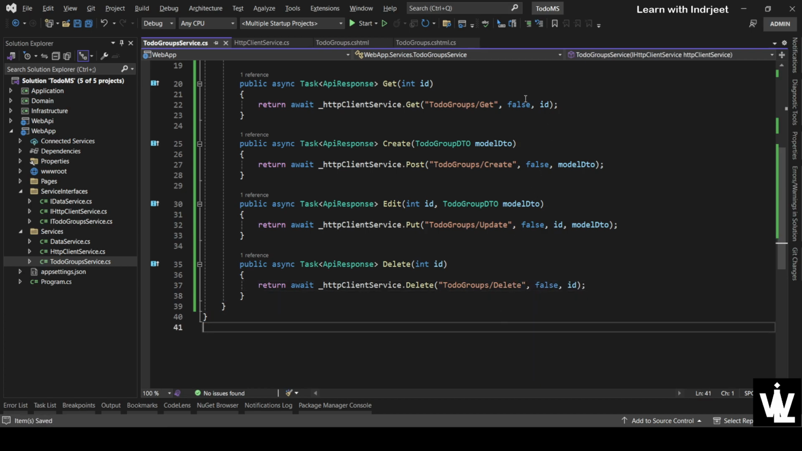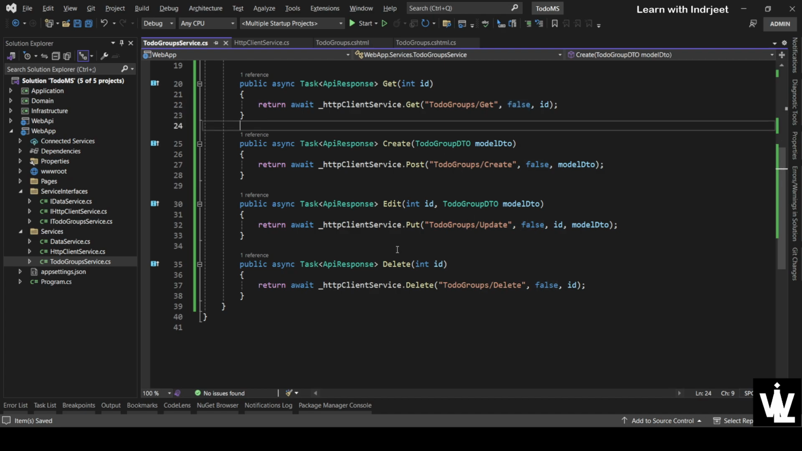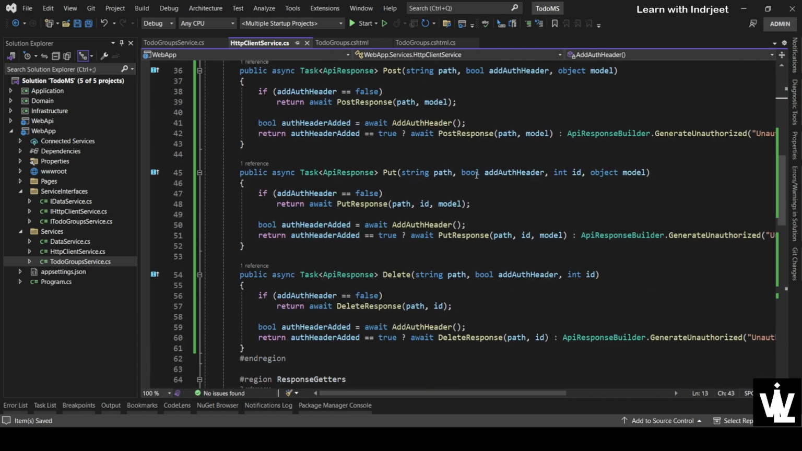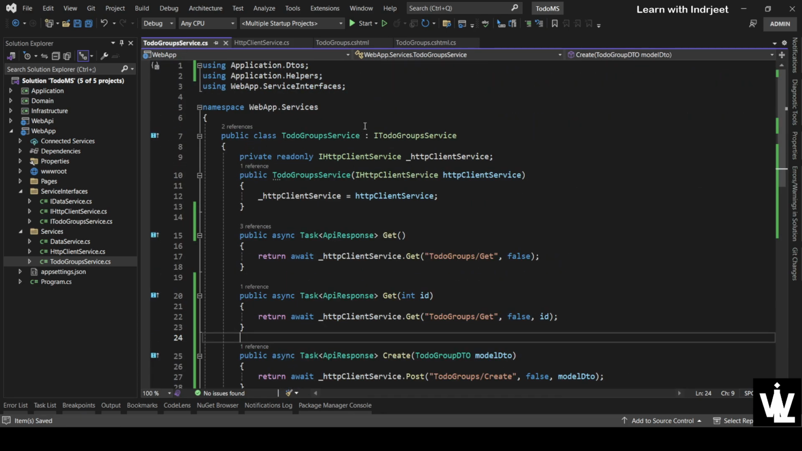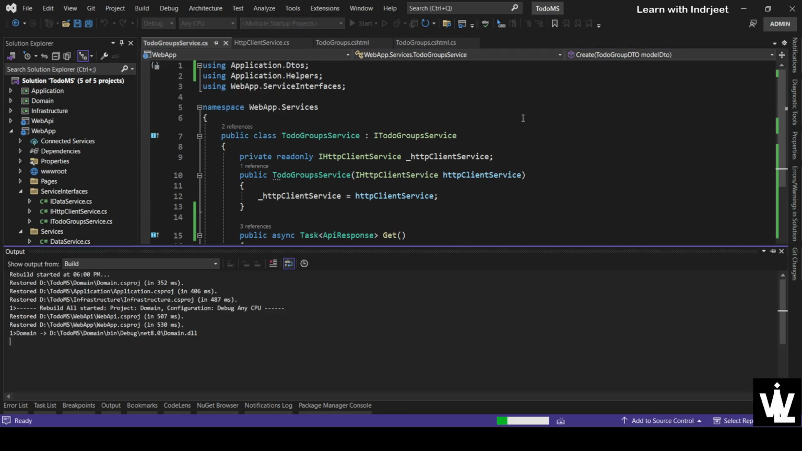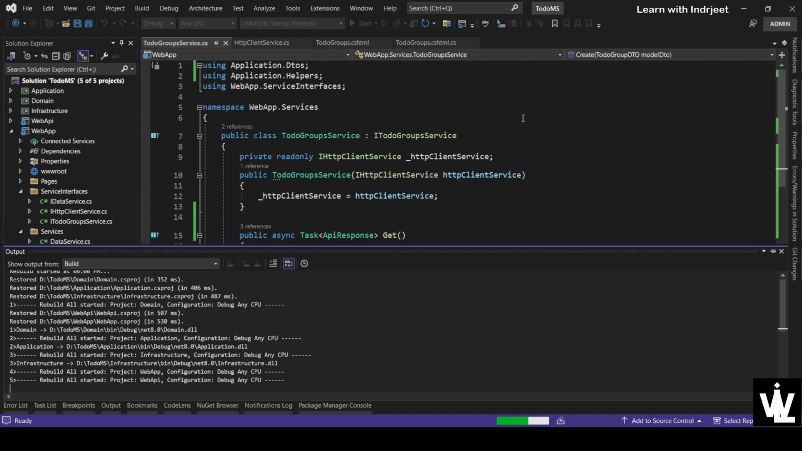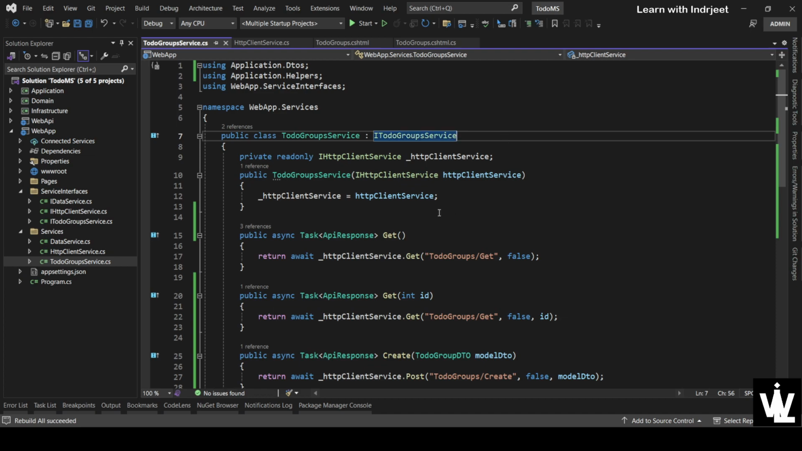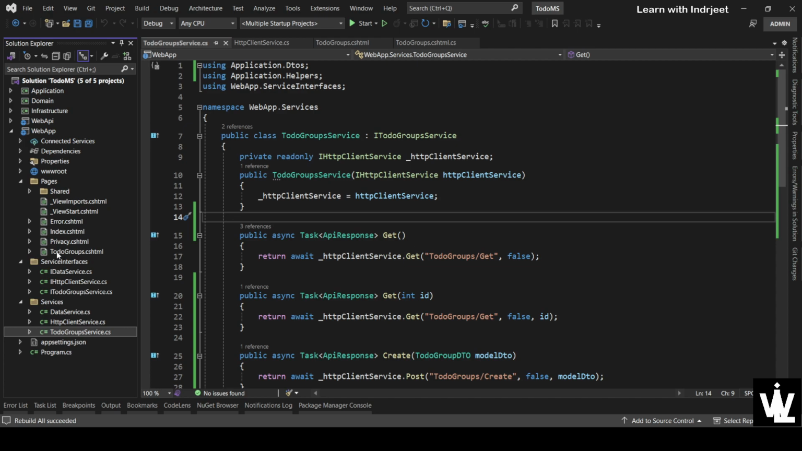So as of now, we are passing hard-coded false in the add auth header. Later on, we'll change this, and this way our HTTP client service is completely implemented, and to-do group service is also implemented. Okay, so let's save that, build, and rebuild the solution to see if it builds clean. Yeah, okay. Now coming back to the to-do groups page,